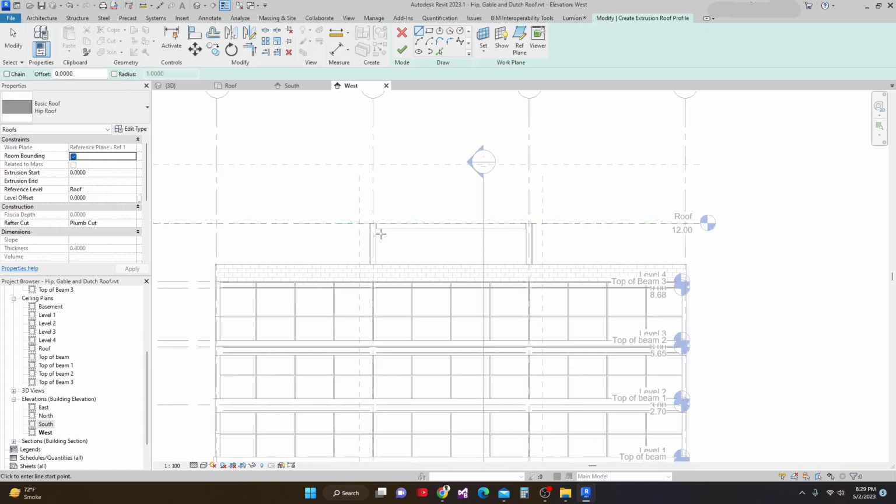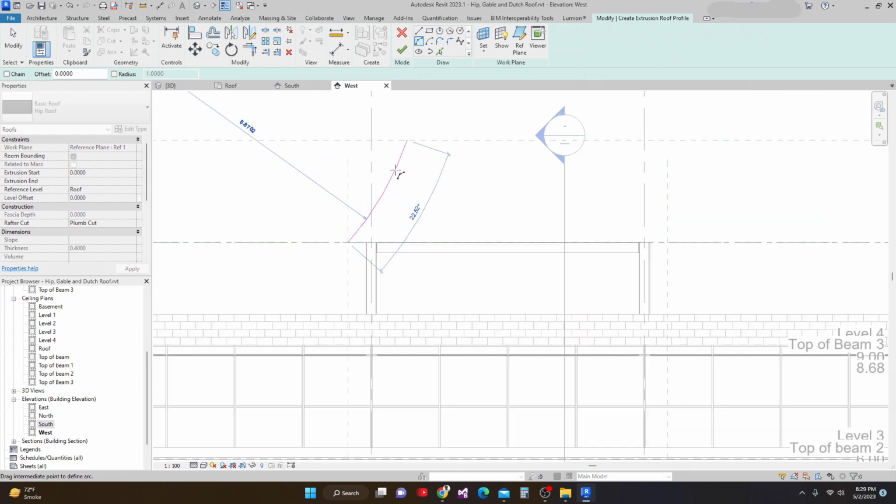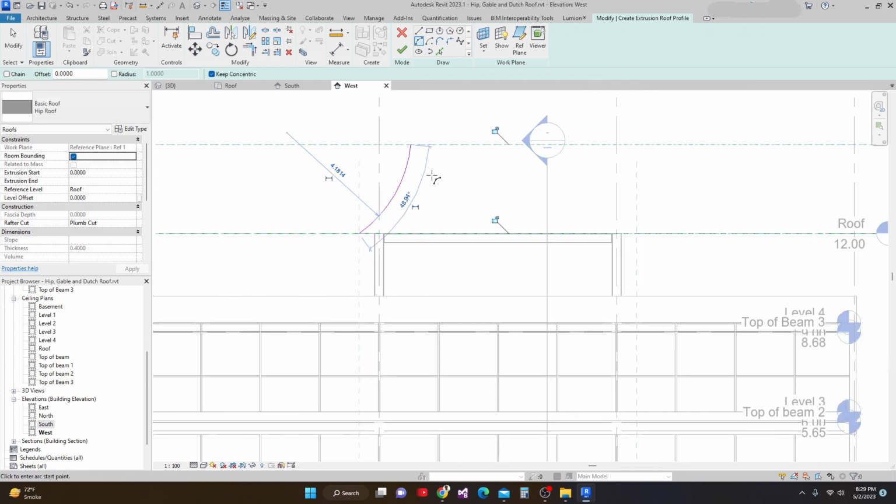And then next is we're gonna make this start and reduce arch. So I'll make this one, and I'll just go around maybe degrees and make a little bit like this,